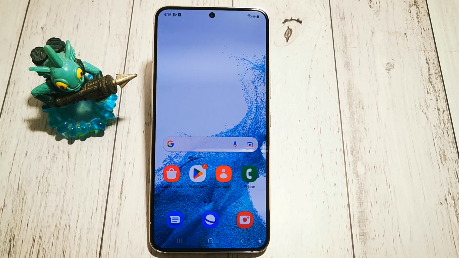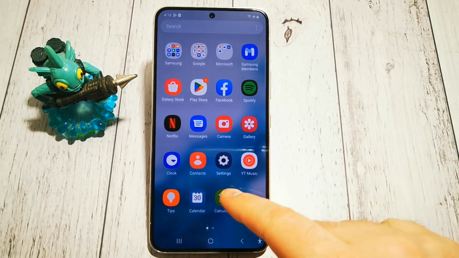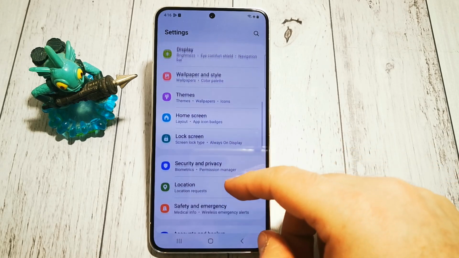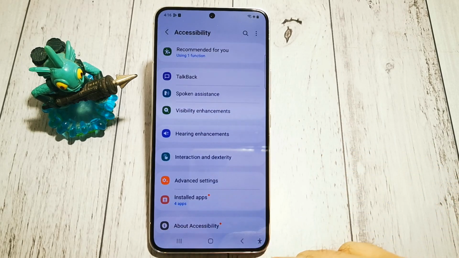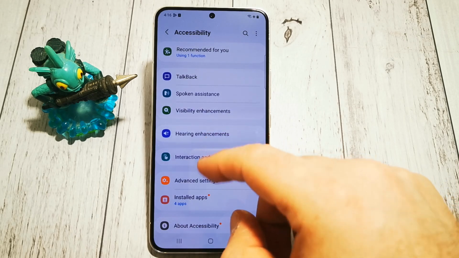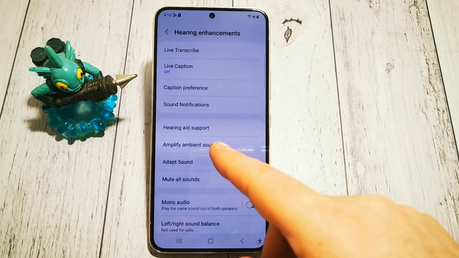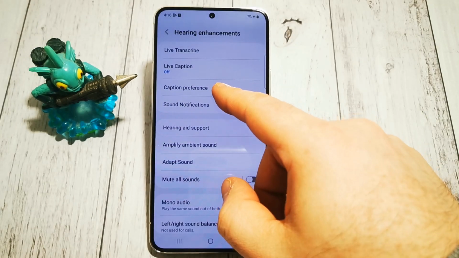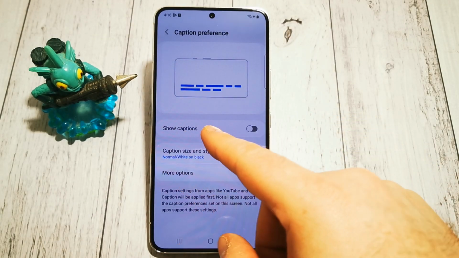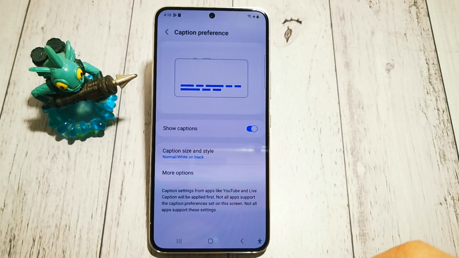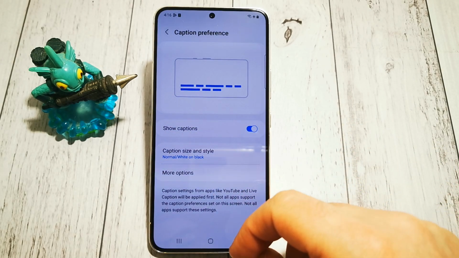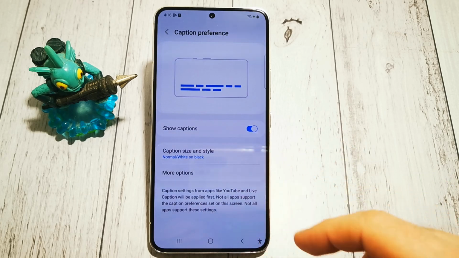Today I will show you where to find the option and how to turn on caption options or functions in Samsung Galaxy S22. So where to look for our captions options? First we need to go to settings, then we are looking for accessibility menu, and here we have our hearing enhancements, and now we have our caption preference, and in here show captions. So now we will have our